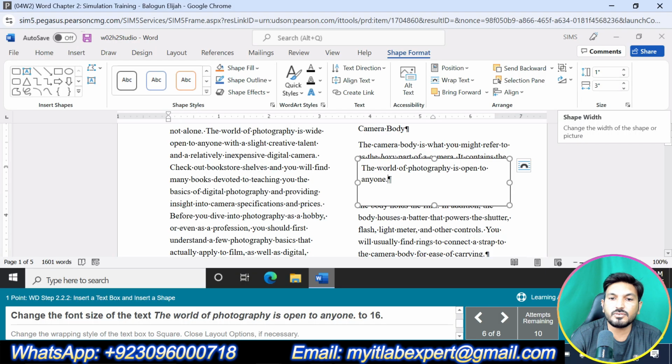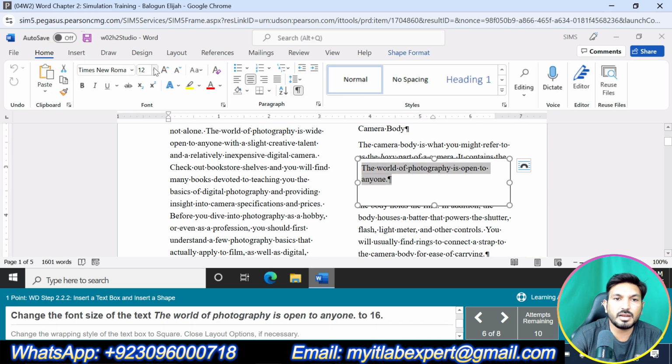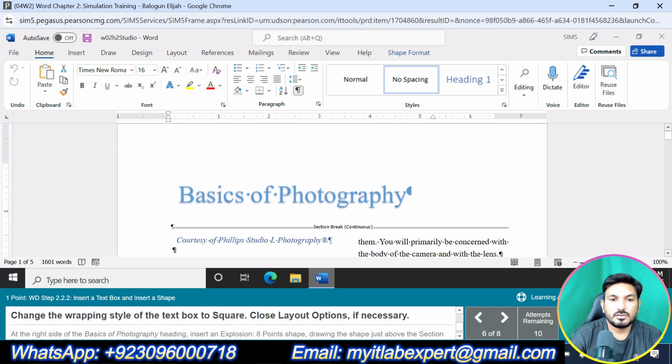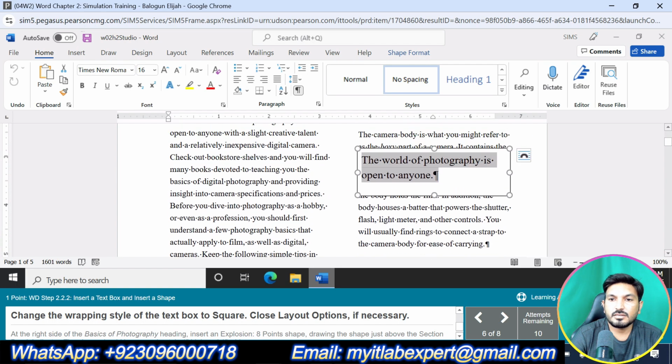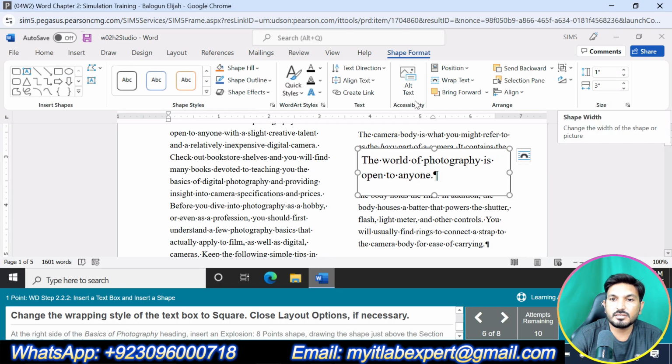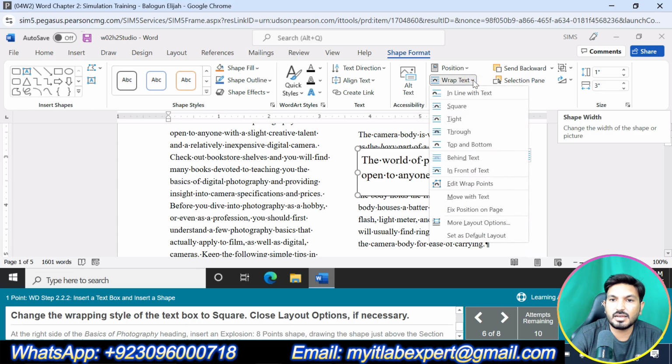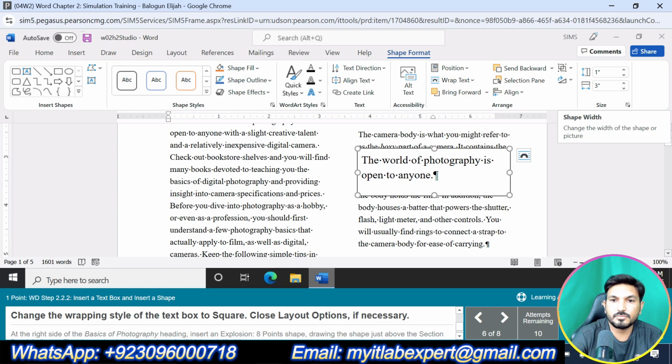The word of photography is open to anyone to 16 points. Select this one. Go to Home tab and change the font size to 16 point. Change the wrapping style of the text box to square. Select the text box. Go to Shape Format and go to Wrap Text and make it Square.